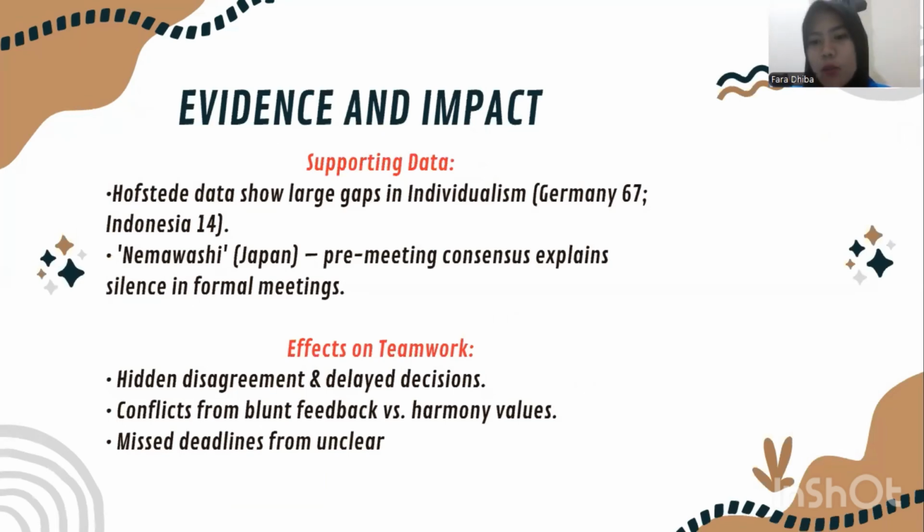Japan also practices nemawashi, a pre-meeting process of quiet, informal discussions to build consensus, which explains why Japanese members rarely speak up in large meetings. And the effect on teamwork: